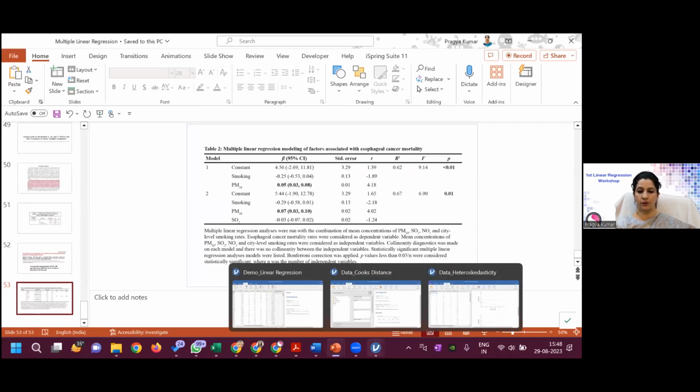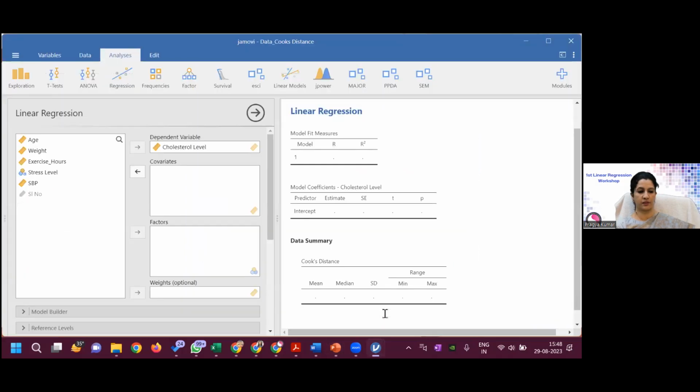Now coming to your Cook's distance. So this is one data set which we have created just to show you the Cook's distance. Here you will see that I am now using multiple regression. Okay, Damini is asking what is the ideal table. Yes, we always encourage to report both univariate and